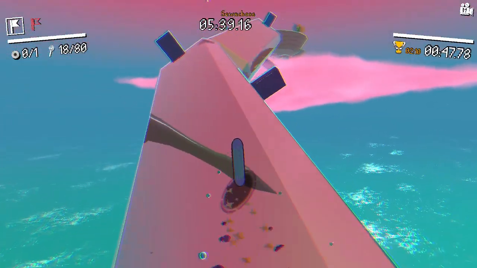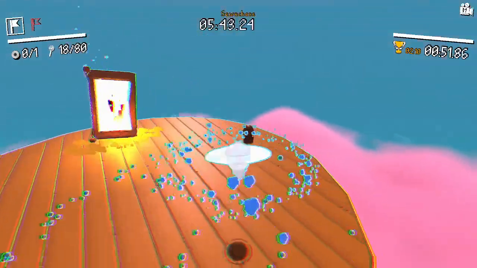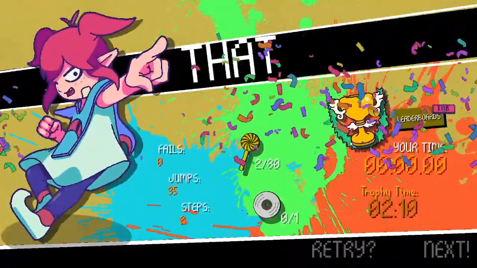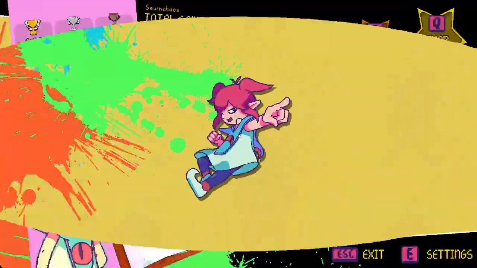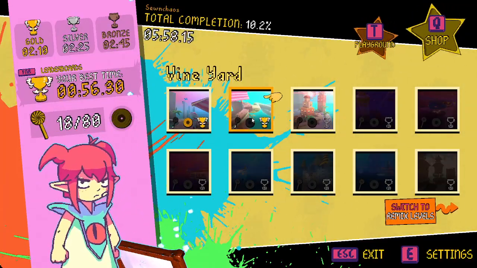sometimes you can't make that jump specifically, so I like to just, if you're in wheel and you let go, you do a little drift, and then you're able to kind of cancel it and perform anything out of it. So with that, Vineyard is complete, and now we'll go over to Splash City, the third kind of beach